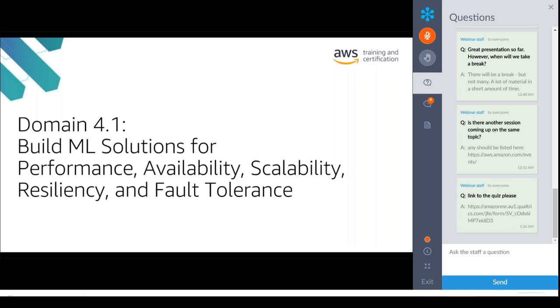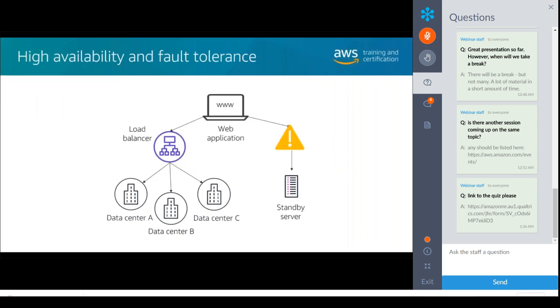This all sounds like operations, right? This is like what our system administrators are supposed to worry about. But the thing is, our system administrators might not fully understand what it is we're doing as data scientists. So